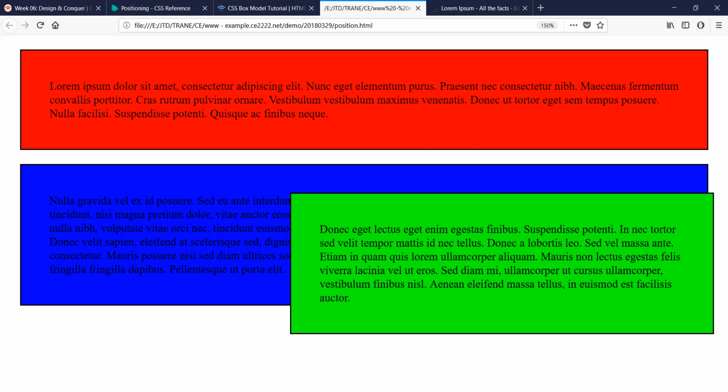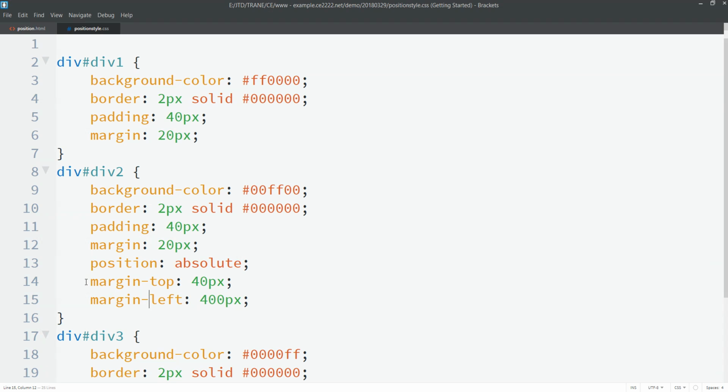So it was supposed to be right here in this corner. This green box is supposed to be right here in this corner. So it's doing 40 pixels from the top of where it was supposed to be there, and 400 pixels from the left of where it was supposed to be there. So when we do margin top and margin left, we still take into account where it was supposed to be, whereas top and left, just top and left,